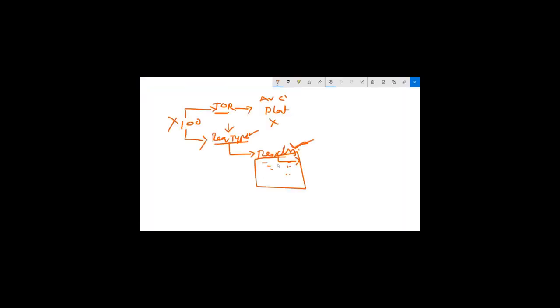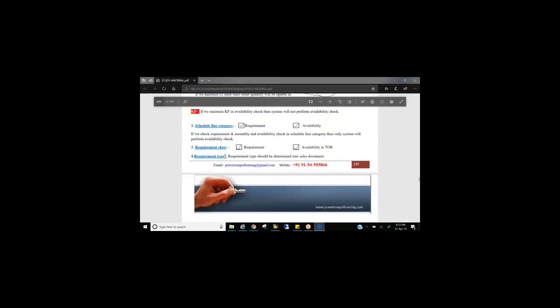Once the requirement type comes into the sales document, then this requirement type will control what requirement class is to be determined. Okay, and this requirement class will control how the availability check should be performed, right? So all these things tomorrow we'll discuss in the TOR concept. It is relevant there, but today you just know that requirement type should first come into the sales document under the procurement tab. Then that requirement type will determine requirement class. But requirement class is only a parameter here now, right? So now let's check the configuration.